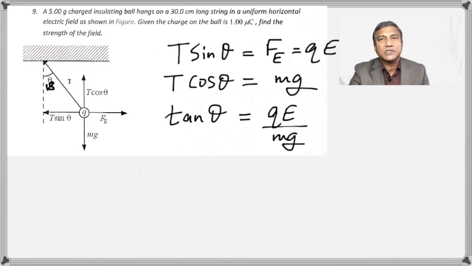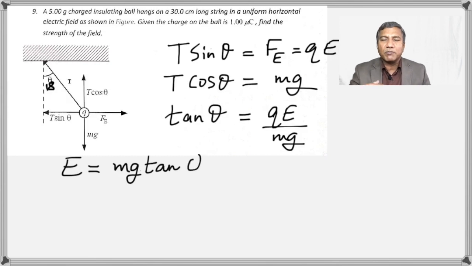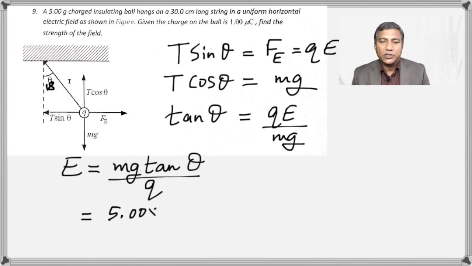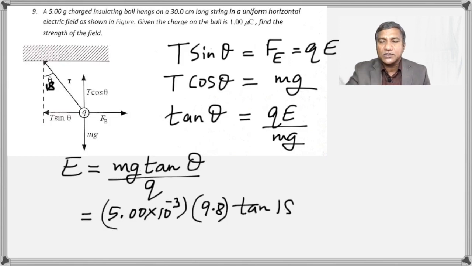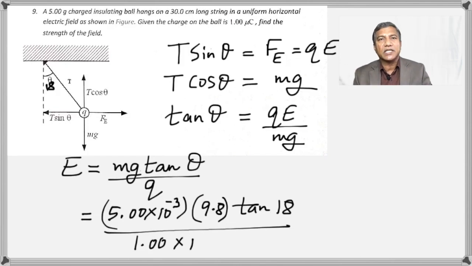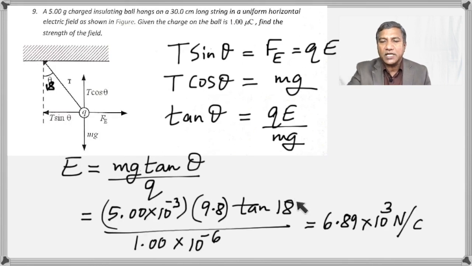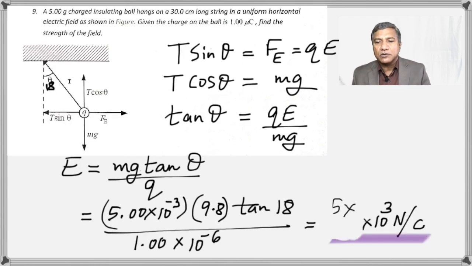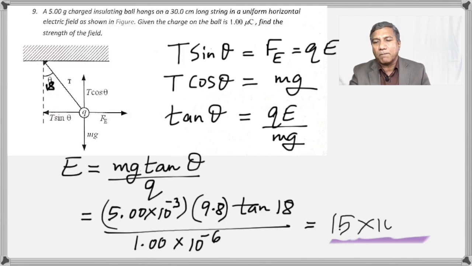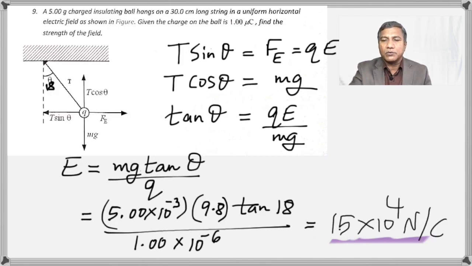The left hand side becomes tan theta. On the right side, you just divide QE by mg. Okay, and then we got to find E, so we make E the subject, and you get mg tan theta divided by Q. The mass is given in grams, so you got to change it into kilograms. That's 10 to the negative 3, because 1,000 grams is a kilogram. You have g and tan 18 divided by the charge. The charge is 1 microcoulomb. I think I made a calculation mistake, but I corrected it,